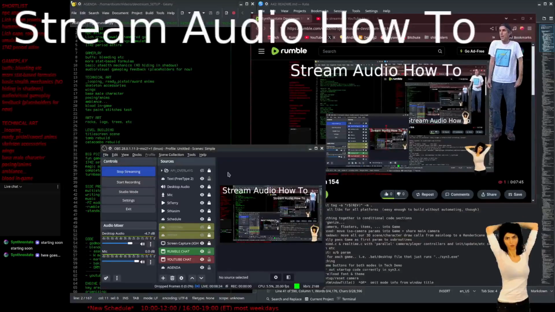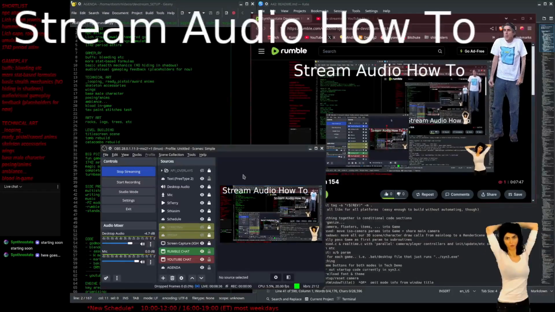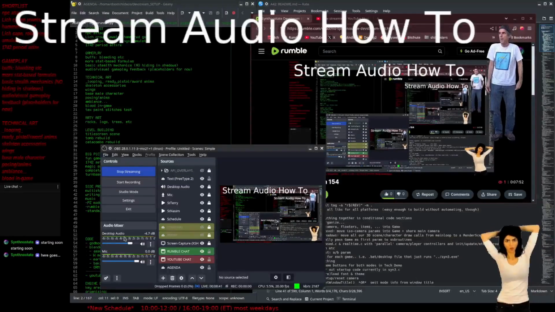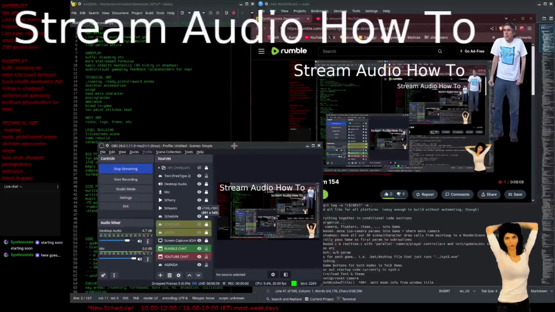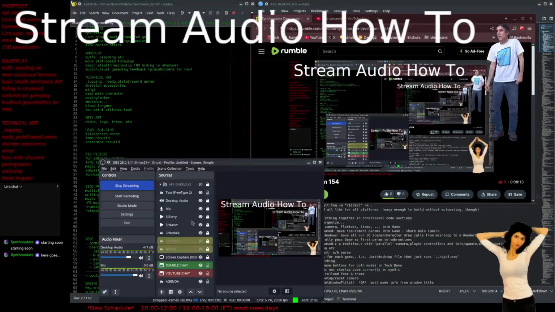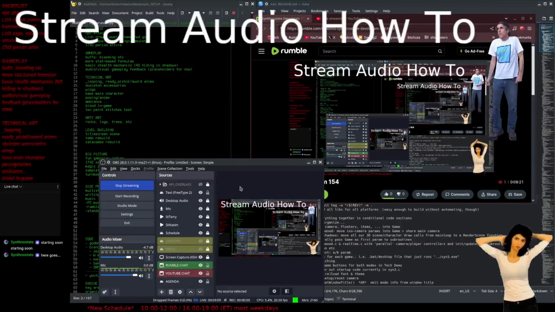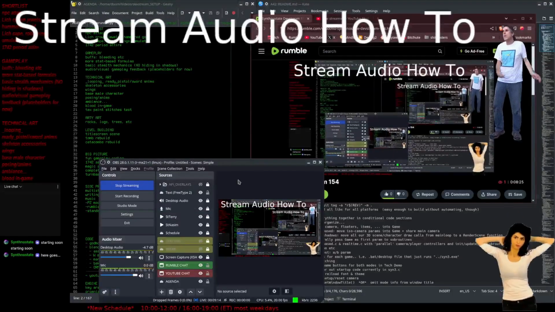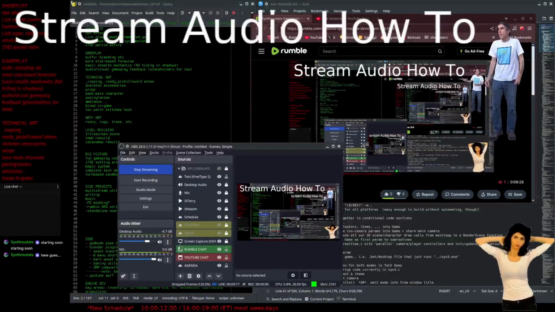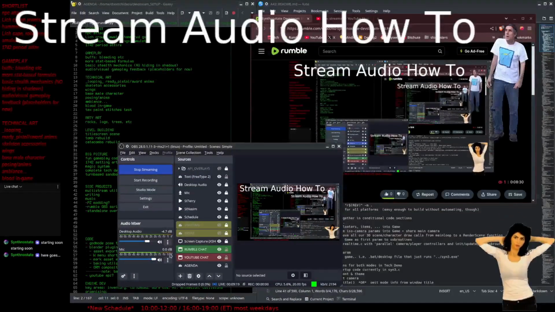I see a lot of you guys streaming on Rumble, YouTube, whatever, with your audio way too low, and that's a problem because I have to turn my volume all the way up. It's even worse with headphones. When you raid out to somebody else or somebody switches to another stream, it's like 10 times louder than you. If your volume's too low, everything else is 10 times louder than you, and it's just a pain in the ass, and you're not doing anybody any favors by having your volume at anything less than full red line ear rape.